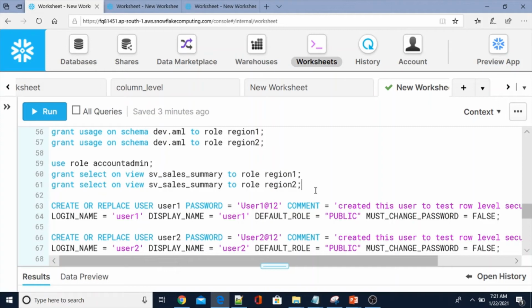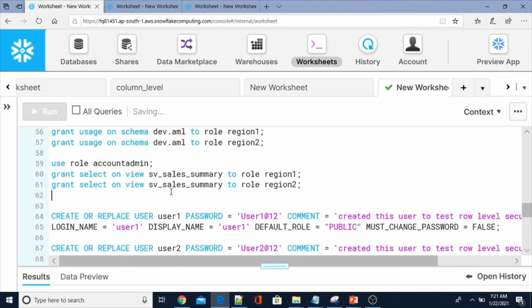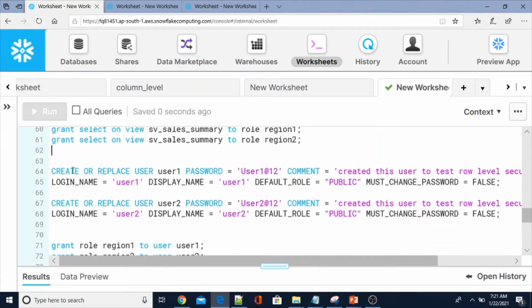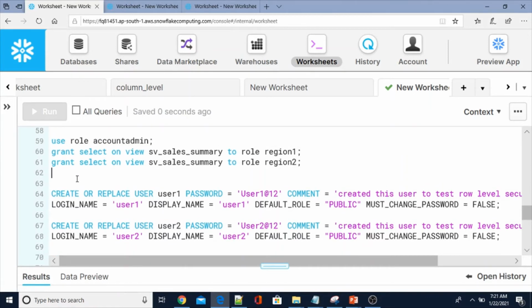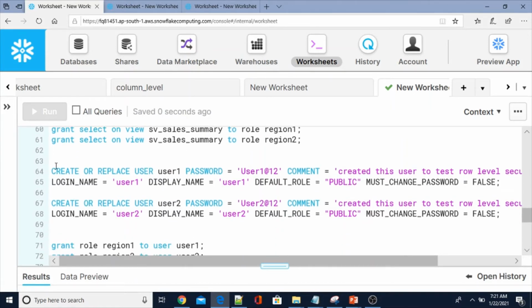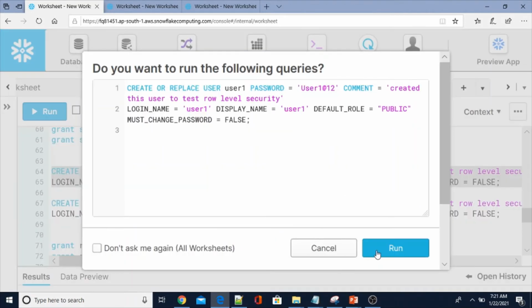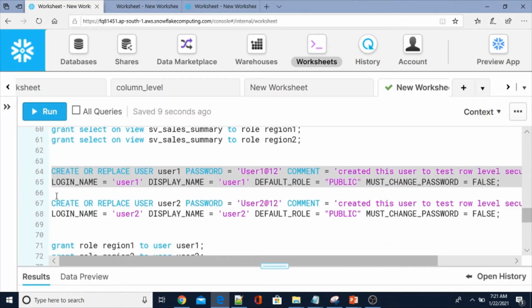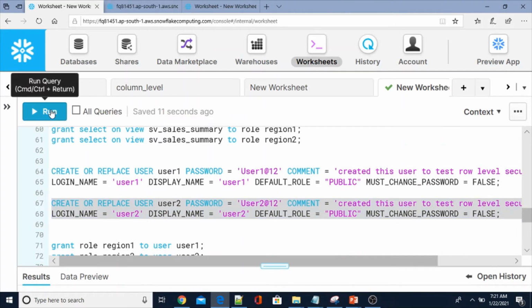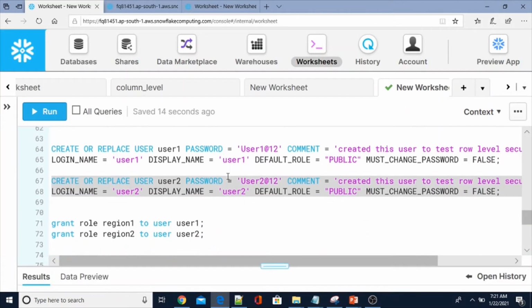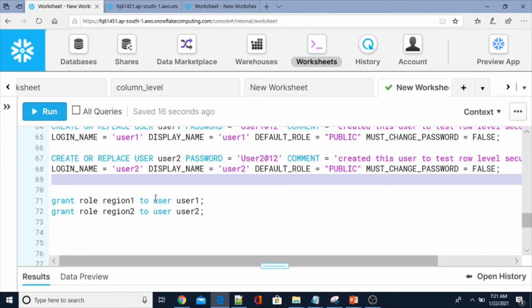After that, what I am going to do, I am going to create two users. Okay, here user 1 and user 2. So let me create user 1 and user 2. Okay, user 1 and user 2 created. Now after creating the users, we have to assign a role to those users.